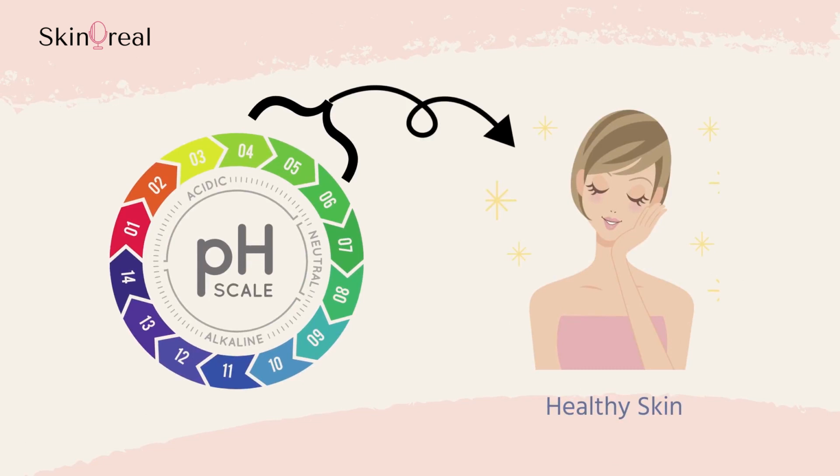Now the pH scale ranges from 0 to 14, where 7 is neutral. So anything below 7 is considered acidic and anything above 7 is considered alkaline. Our skin's pH ranges between 4 to 6, which is slightly acidic on the pH scale. And this pH range of the skin is also referred to as skin's acid mantle. Now this is really important because skin's acid mantle is a protective layer of blanket through which the skin protects itself from harmful bacteria, external environment, damaging pathogens and moisture loss.